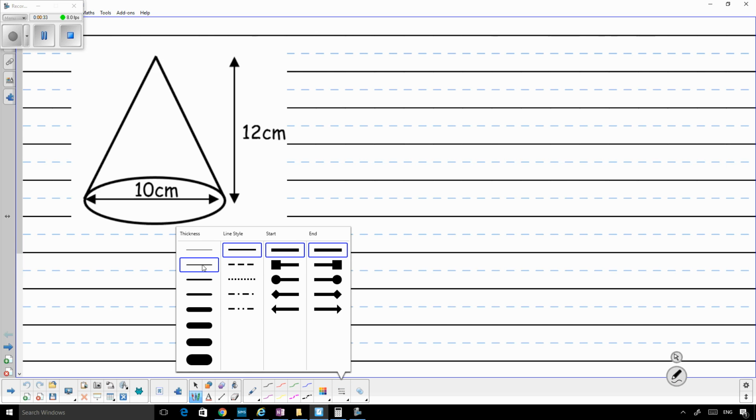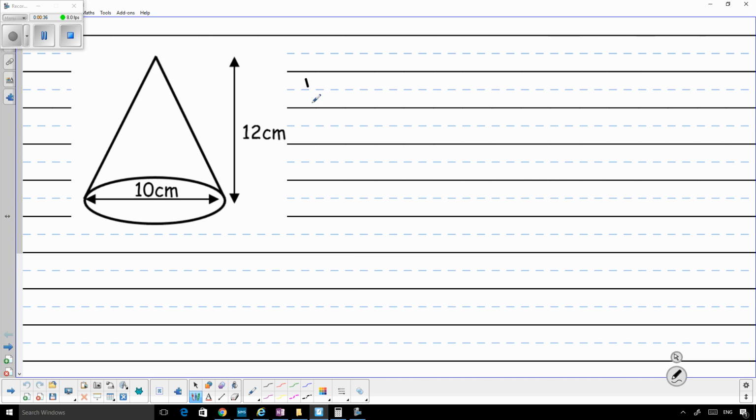So, if we remember, the volume of a pyramid was volume equals 1/3 times by area of base times by the perpendicular height. Okay, that's good. So if we look at the area of the base on this one, we see we've got